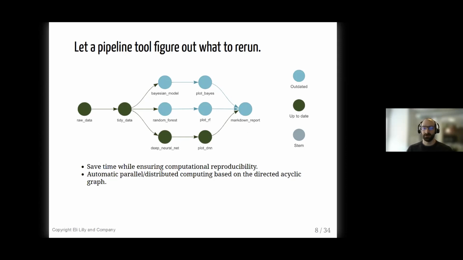And another really nice piece is that conditionally independent targets, or conditional dependencies, can run in parallel. So a good pipeline tool will do this parallel orchestration and run targets in parallel or in distributed computing when it can, and then if one target depends on another, it'll automatically detect that and run those sequentially.